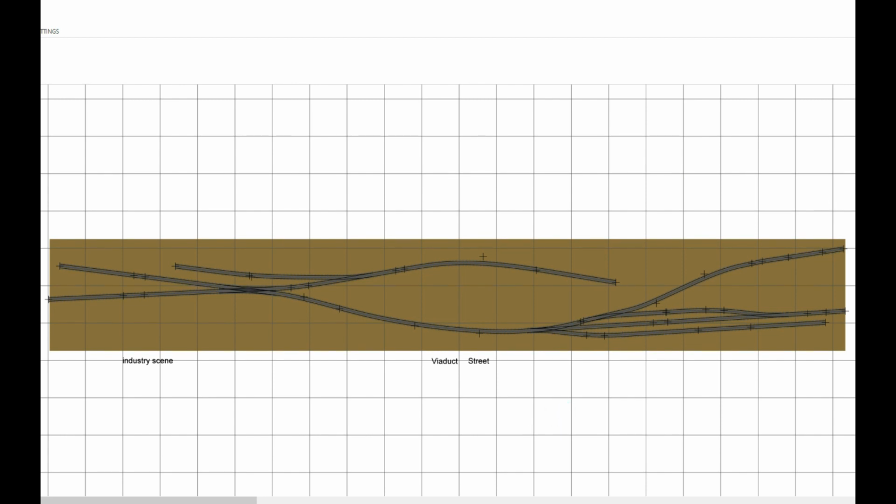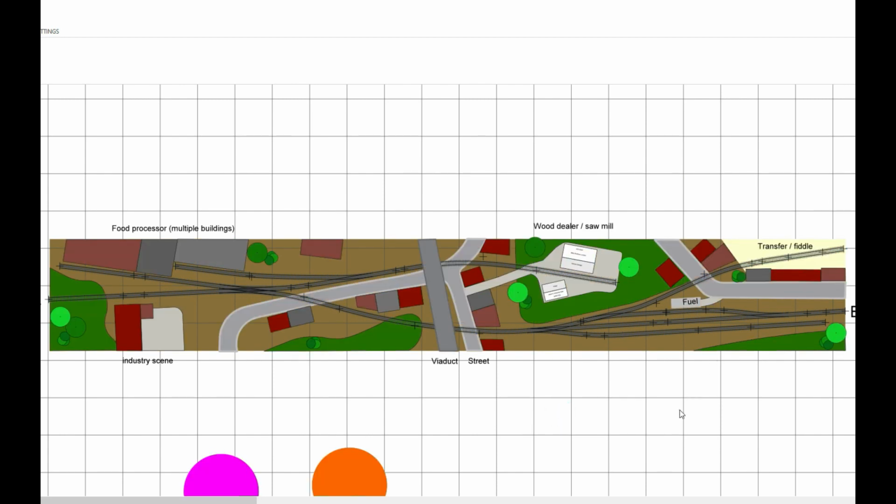He wanted a more urban look. So if we just turn on the scenery, that we dump the river and we got a more urban look. The rest of the track plan he was quite okay with, except this one industry spur here that was down below. He didn't want that. It was too much track. He wanted space for more scenery. As you see, the transfer slash fiddle yard, I moved it up a bit out of the way, and it would eventually disappear after crossing a road